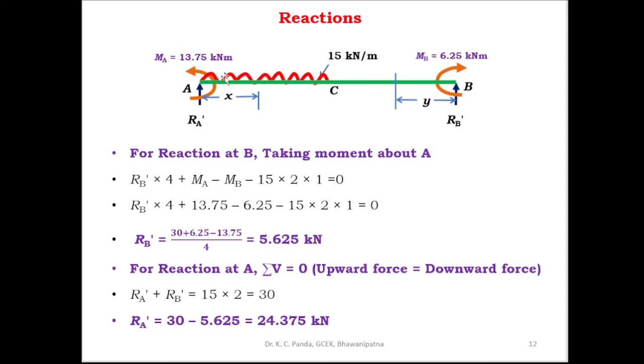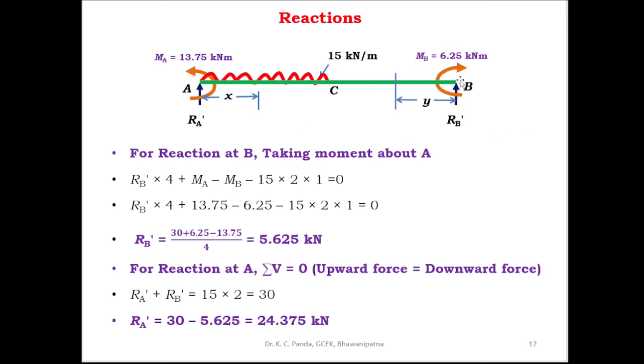So here you have to take the external load 15 kilonewton per meter, and also you have to take the moment at both ends. MA you got 13.75, MB you got 6.25. Then by taking this moment and load, you have to find out what is the reaction at both ends, RA dash and RB dash. For reaction at B, by taking moment about A,